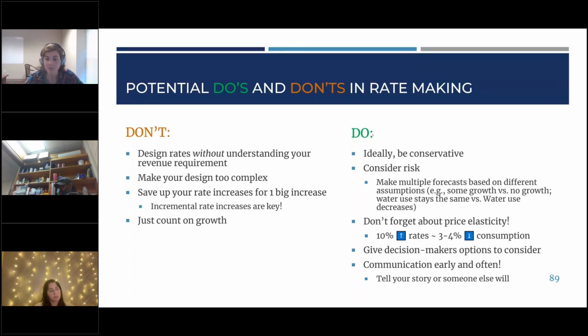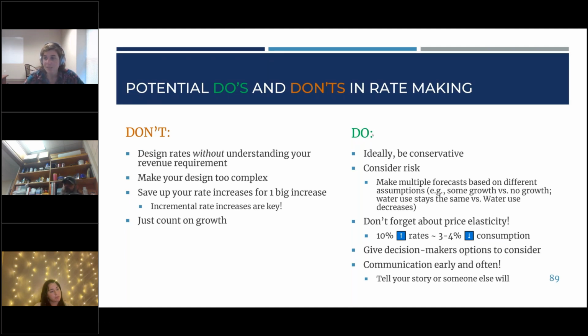We do recommend considering risk, right? So I talked about the appetite for risk at your utility. If you're trying to figure out how to set your rates based on the amount of wastewater that's used, you can think about, well, maybe we're going to have greater use next year because we might have some growth. You could use that as one potential scenario. You could use no growth as a scenario. There's a lot of different ways that you could approach some of these scenarios if you wanted to think about different ways of approaching your rates.